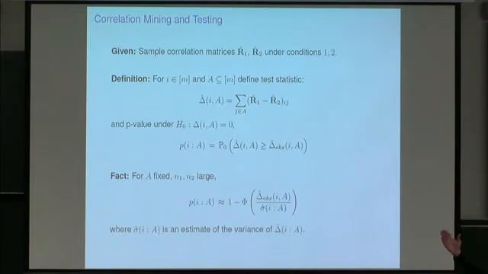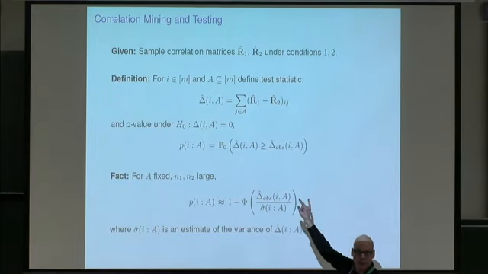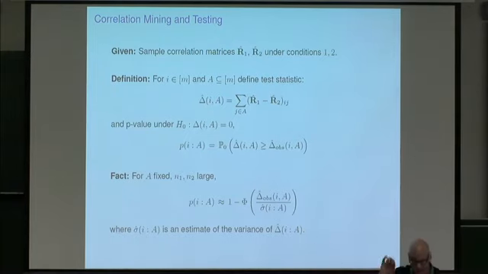So first of all, we start off with the obvious thing. We don't know R1 and R2, so we use the sample correlation matrices under the respective conditions. And then we essentially take that definition of delta IA I had before, and I stick hats over everything. So it's the sample version of the aggregate difference. Again, I'm looking at the sample correlation between I and J, the difference of the sample correlations in the two conditions, fixing I and summing over the variables in J. Again, I may be in J, the variable I may be in the set A or it may not be. So it's exactly the same thing, it's just the sample version of what I did before.